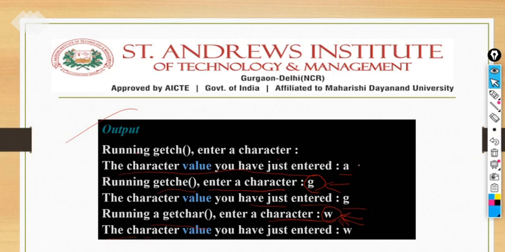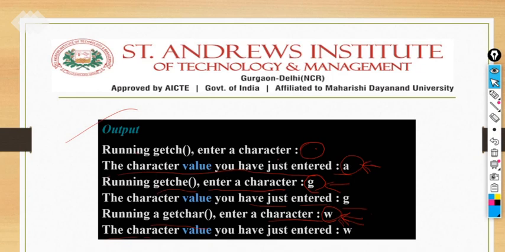It seems to be the same, but it's actually different. Here it is not showing anything during getch. The user presses a key, but it is not shown there. It is shown only as the output here, if you are storing the value of getch into a variable, and then you are able to see it.